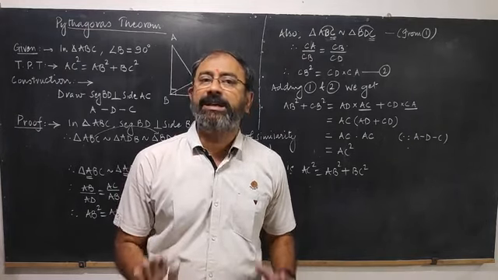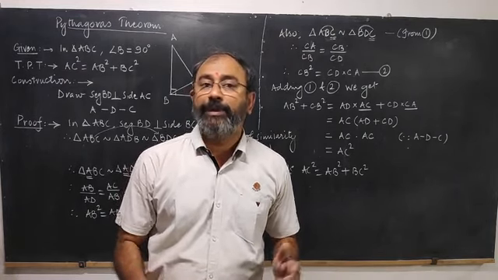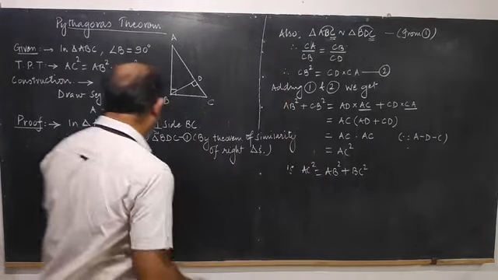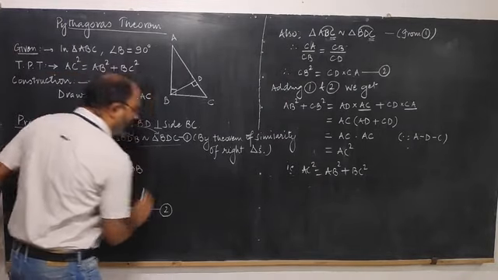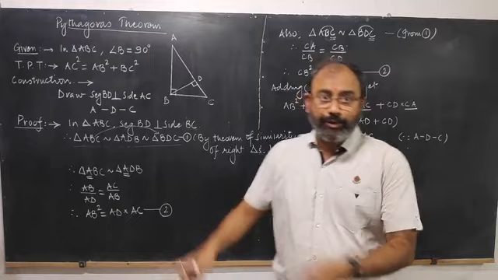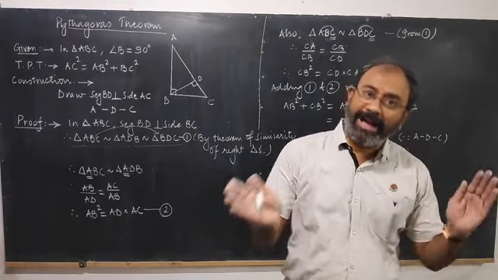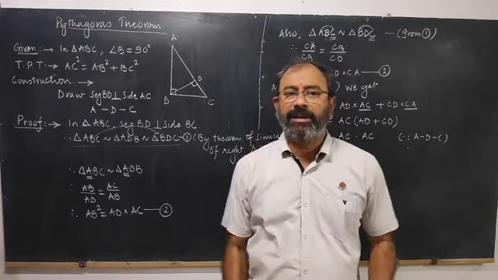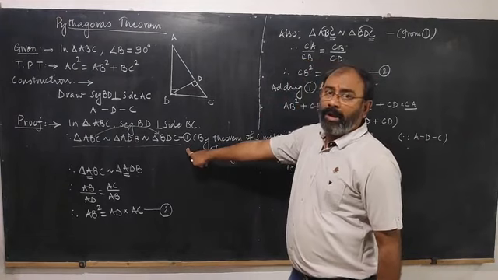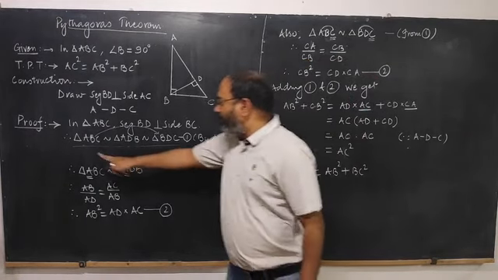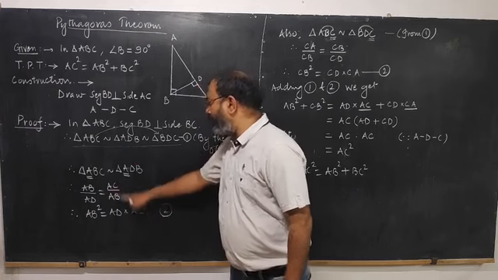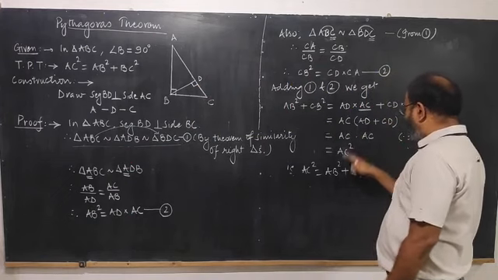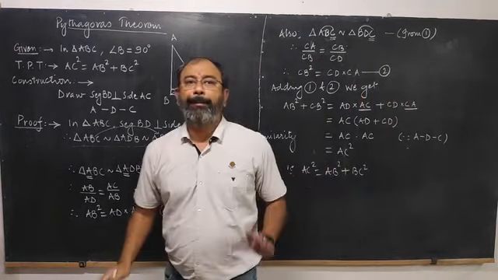Children should practice writing the proof, and when you actually start writing, you will realize that you have to memorize this one-one correspondence. You are not going to prove it and then use it. You have to directly use it, but for that you have to memorize. There is a trick of memorizing which I will tell you later on. So the 3 triangles are similar. Use the first pair, you will get AB square. Use the first and the last triangle, you will get CB square. Add them and take AC common. Simplify, and you get the proof of Pythagoras theorem.